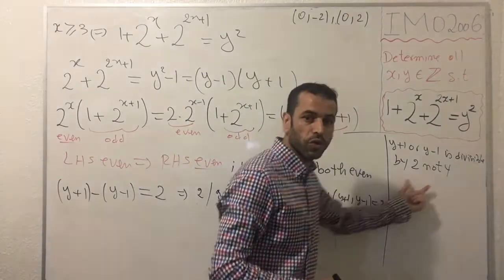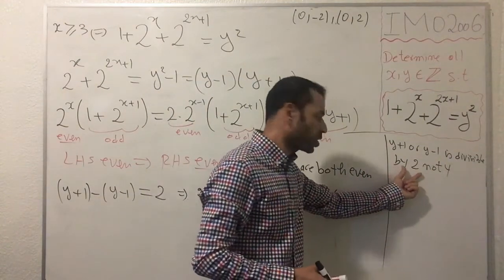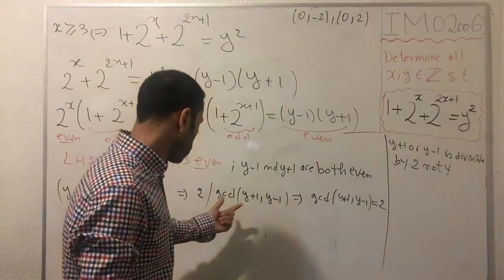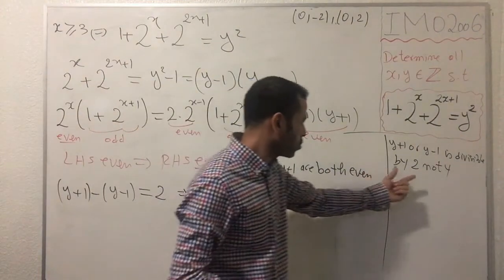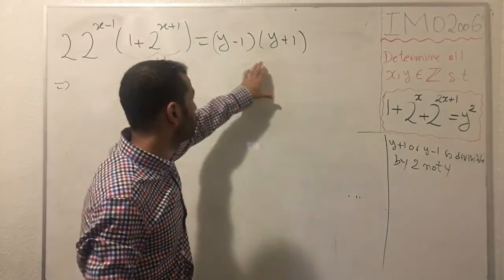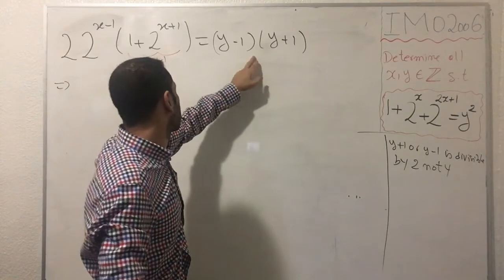Why is it not 4? Because of GCD. The maximum number they can take is 2. So one of these numbers is divisible by 2, not 4. Okay, in the earlier proof we proved one of these numbers, y plus 1 or y minus 1, is divisible by